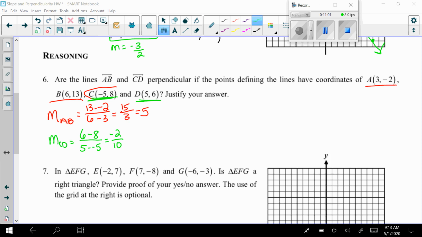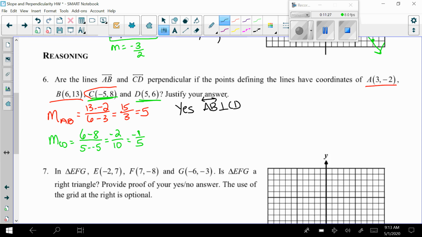Okay, this shows how important it is to reduce. So you get -2/10. If you look at these two, you might not see that they're opposite reciprocals right away. But if you reduce this, remember you can do that right in your calculator, you get -1/5. So now we should be able to recognize that these are definitely opposite reciprocals. So your explanation should say, yes, these are,